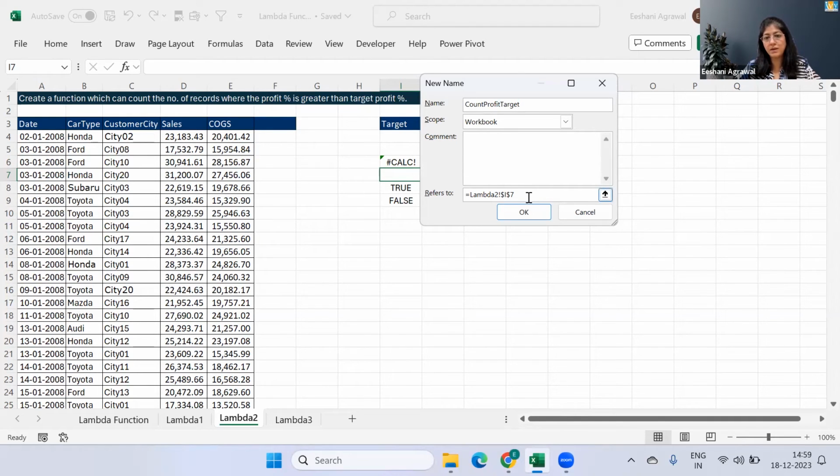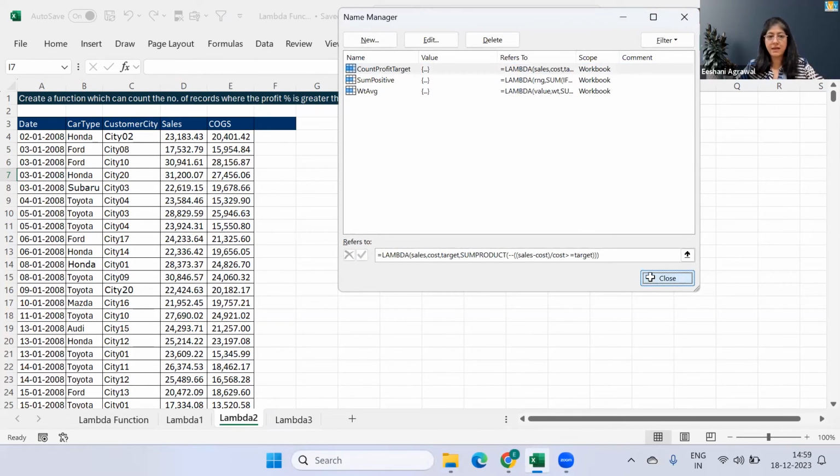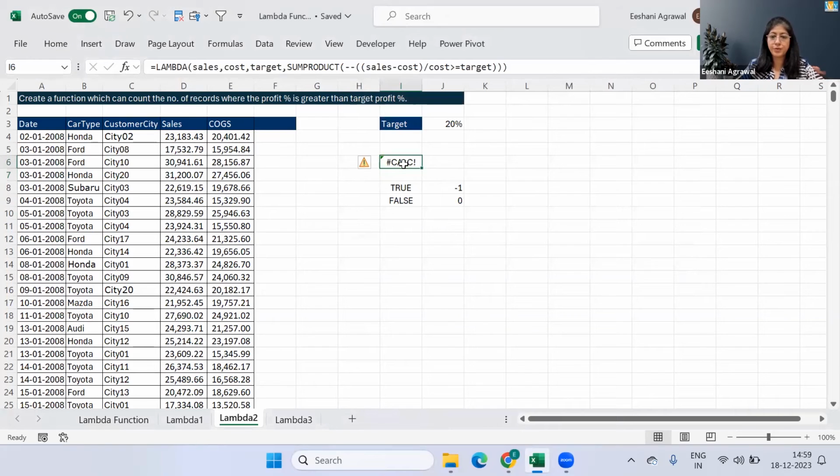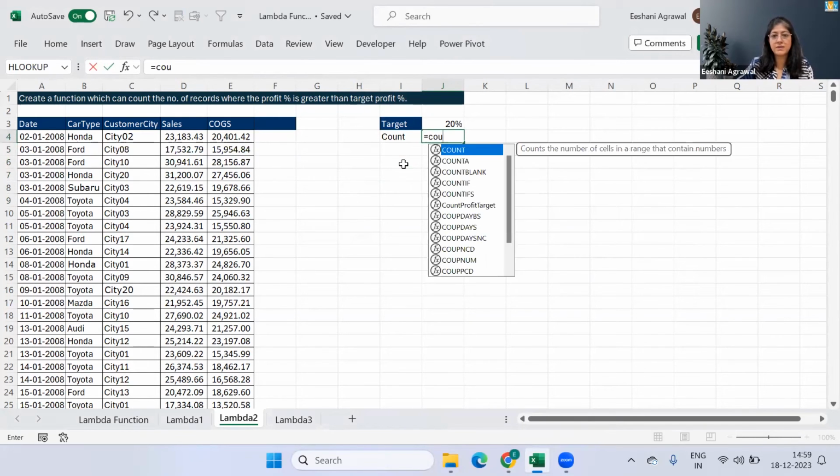And we're going to go ahead and paste it over here. Now it is good to be used in Excel in this particular workbook. So I'm going to delete this, delete the workings. This is my target. I want the count. And we go as count